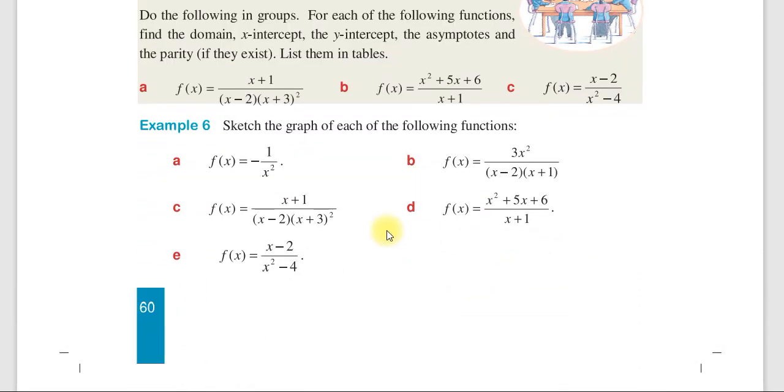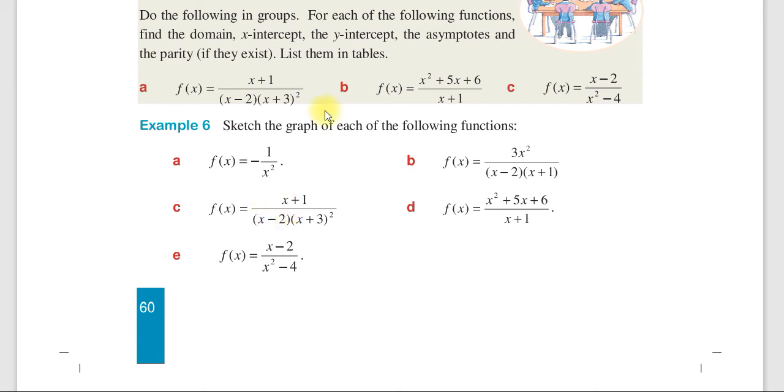በኤግዛምፕል ለምሳሌ ኤግዛምፕል 6 a sketch the graph of each of the following function ይላል። so f of x which is equal to minus 1 over x square, f of x which is equal to 3x square over x minus 2 times x plus 1, f of x which is equal to x plus 1 over x minus 2 times x plus 3 the whole square, f of x which is equal to x square plus 5x plus 6 over x plus 1, f of x which is equal to x minus 2 over x square minus 4. ስለዚህ ወደ አምስት የሚደርሱ ኤግዛምፕሎች ተሰጥተውናል እነዚህ ኤግዛምፕሎችን ስንሰራ ሞር ግልጽ ይሆንልናል ማለት ነው ግራፍ እንዴት አድርገን